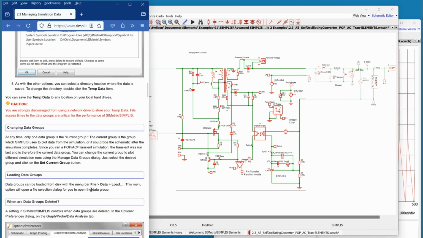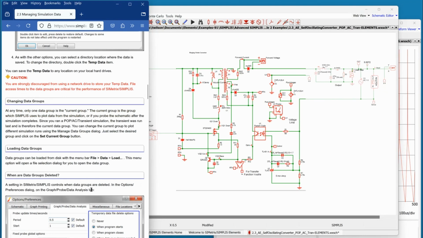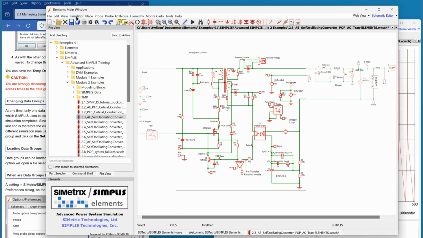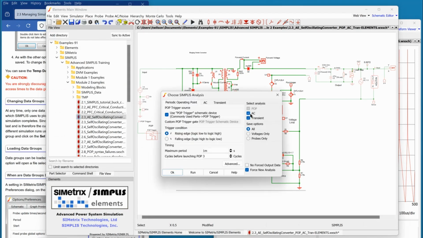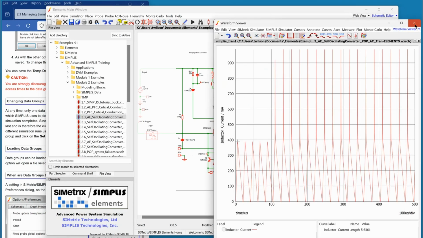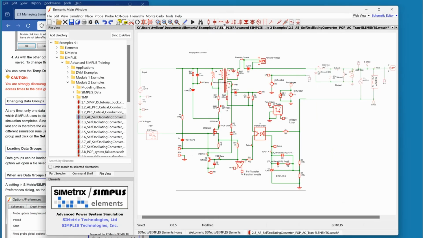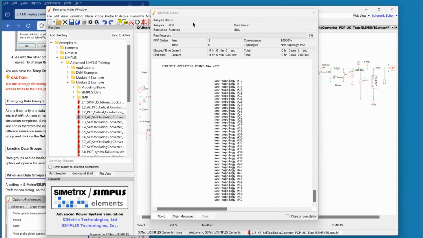All right. So we talked about changing the data groups. Why would you want to do that? Well, for example, let's suppose that I did the following. Let's just suppose that what I had done was I don't want to do the step load transient. I just want to do pop in AC, and I will say okay here. So you don't have to do this. You can just watch. So now if I run the simulation,